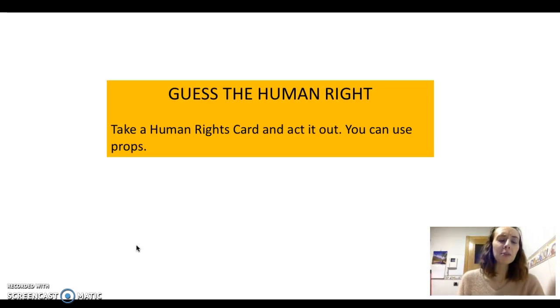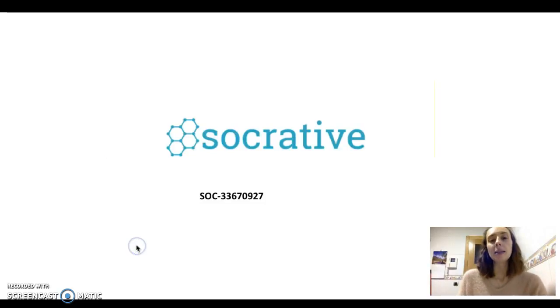And the last activity, they must here also try and group the decrees together. Which ones deal with education, which ones are talking about individual rights, etc. And this follows with another Socrative quiz to test their understanding so far of what's been given. And this leads to the final